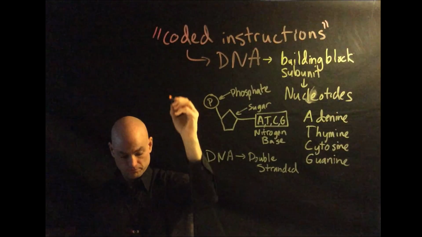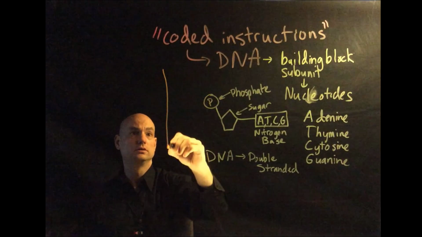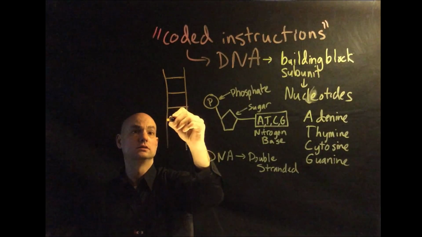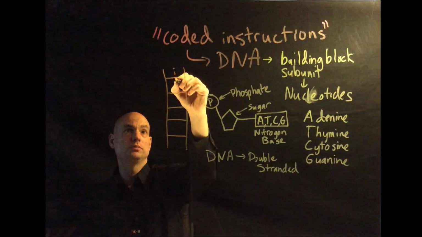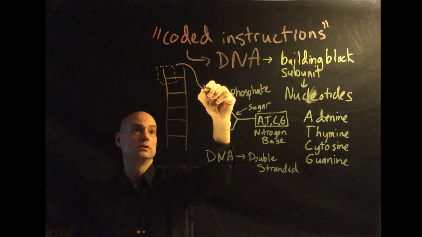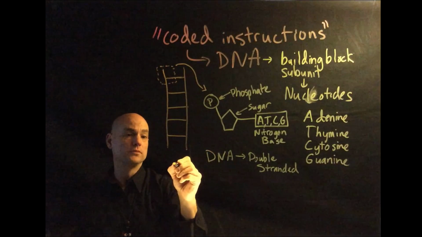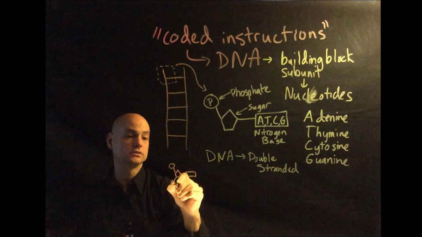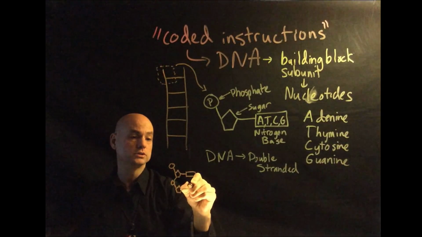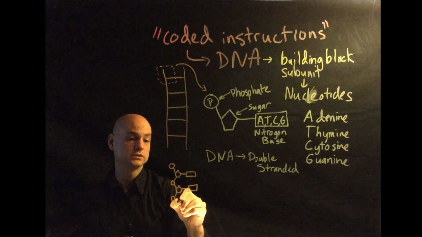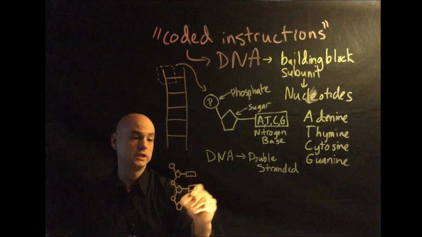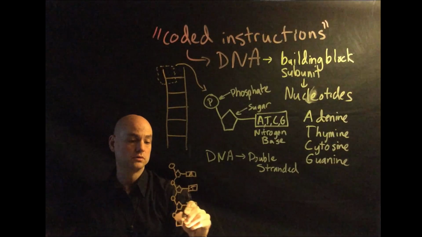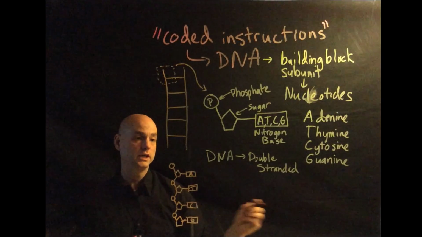I'm going to move over here. These little things are going to make up this DNA ladder. I'll just put it across here. Okay, and so this little part right here would make up this. So if I drew it a little bit more realistically, I would have a phosphate, and then it would be attached to the next phosphate, and the sugar, deoxyribose, and a base. And notice that I'm just drawing one side of this. And again, each one of those, maybe this one has an A, this has a T, this has a C, and then we'll draw the G, of course, too. Okay, and on the opposite side,